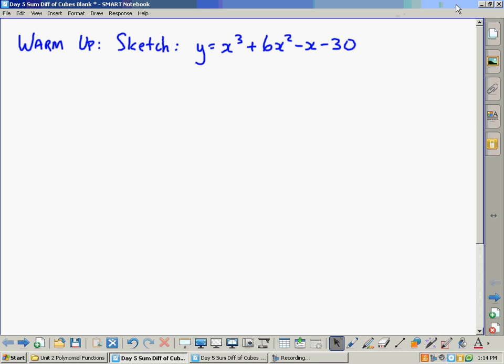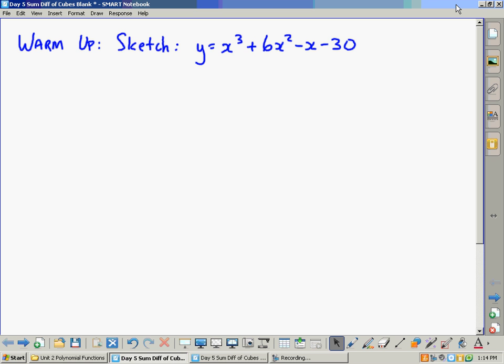Okay, we're going to start today with a warm-up. So we're going to give you a couple of minutes here. This is exactly like yesterday where we were learning how to factor all this information and of course sketch it. So I'll give you a second to go through all your steps, do a couple of test points, see if you can figure out